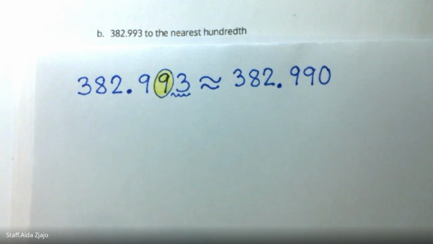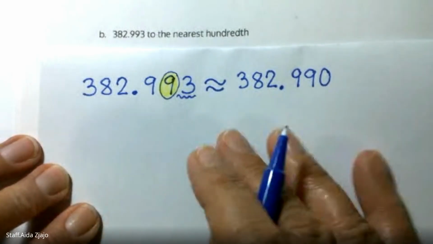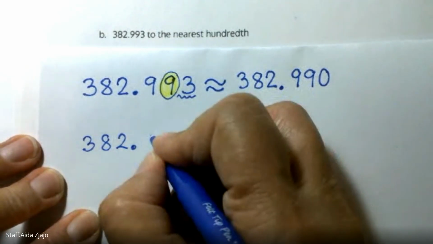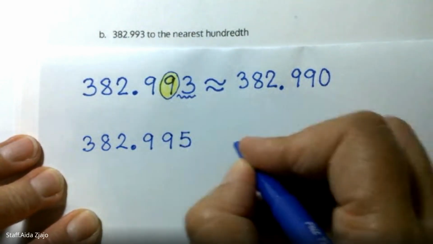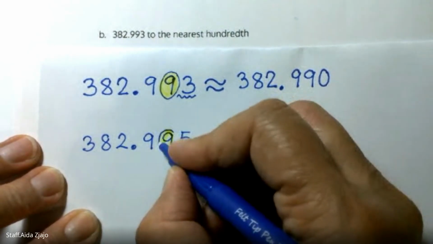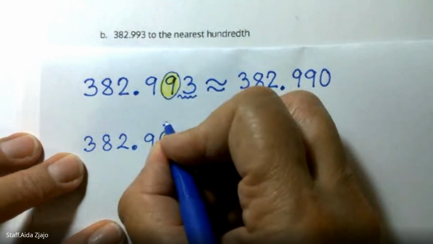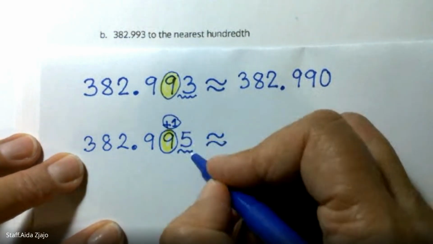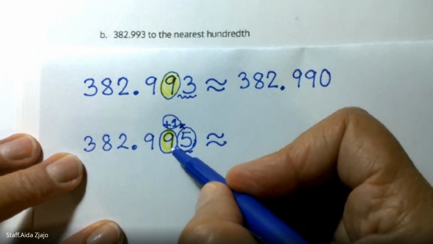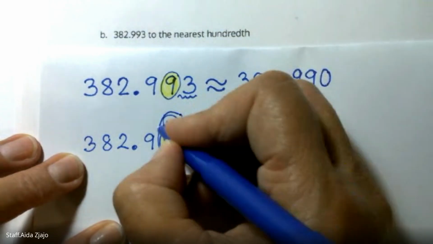Okay, let me see if I can have, I was just gonna show you what is the difference depending on the number that you're rounding. Well, if I have 382 and 995, and I also need to round to the nearest 10. Look, now it will be changing. Here is the 5. So 5 can make me a new one of the hundreds. So I'm going to use this to make new thousands. But when I have 9 of the one value and I add one more, that makes 10. So again, I'm going to use this to make new